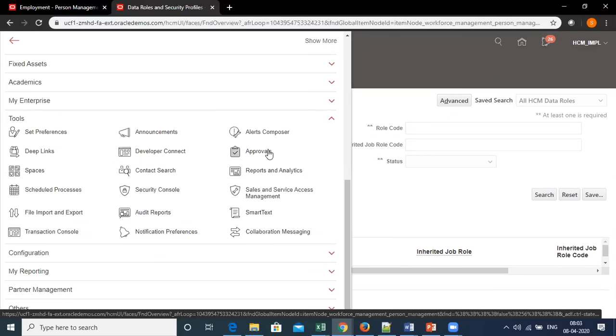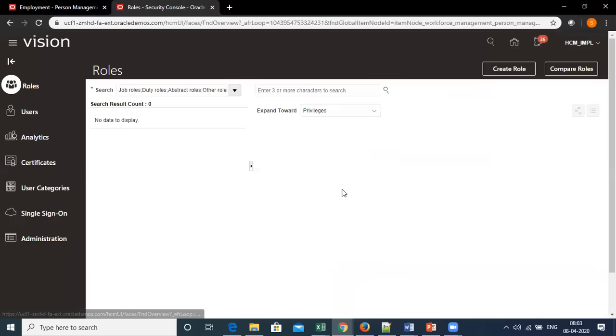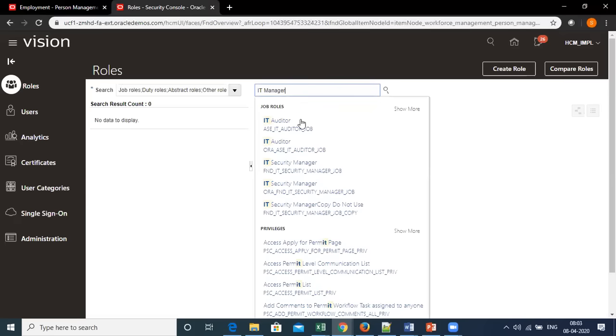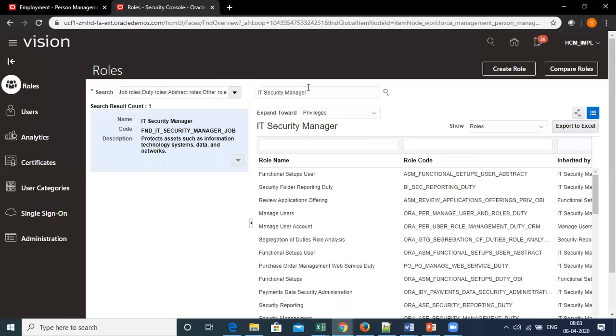Just let me go to the security console here. So basically, this IT manager or IT team of an organization will have this access. We have this IT manager role. Okay, IT security manager. Basically, this IT security manager will give you access to the security console.